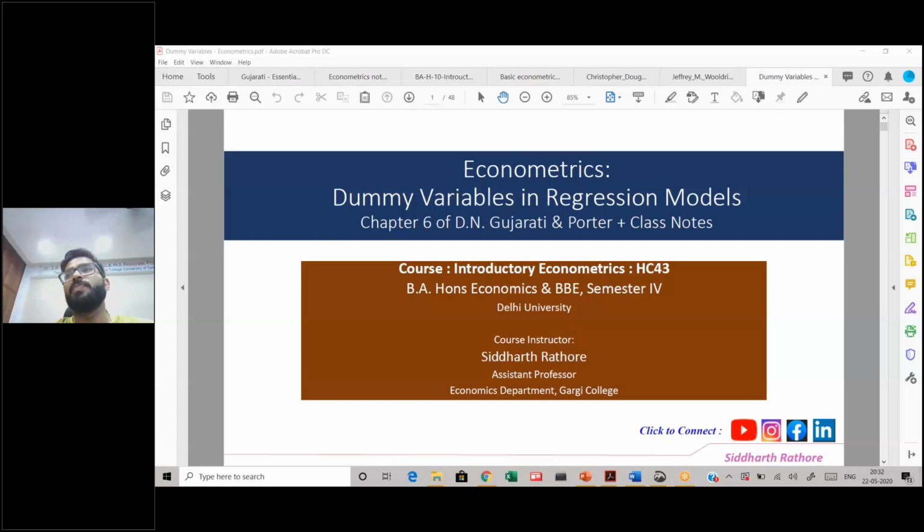However, in economics and in other areas, we at times want to see the effect of a categorical variable. So what are categorical variables? For example, gender. Say you're doing an analysis of SAT scores, asking what is the average score a person is getting. Remember our example of SAT score being the dependent variable and the independent variable being family income, and we showed how increases in family income can be related to higher SAT scores.